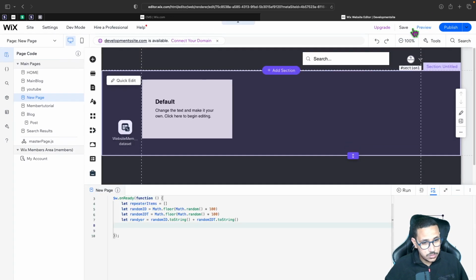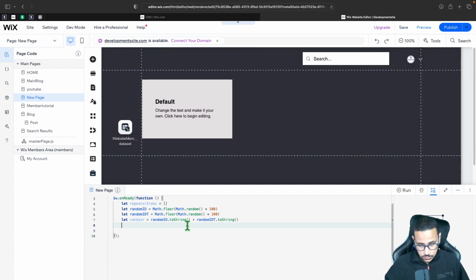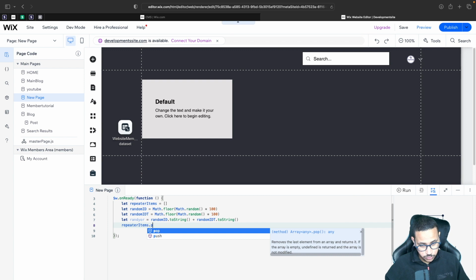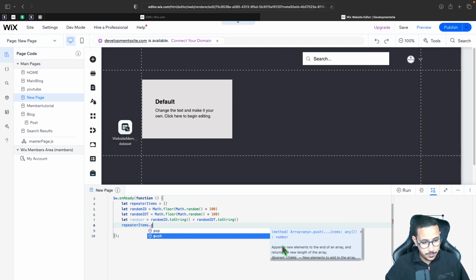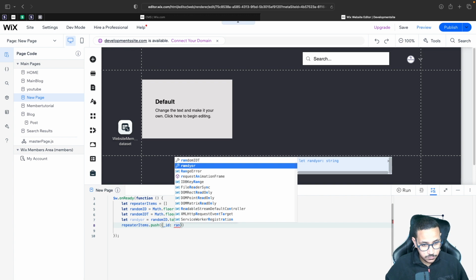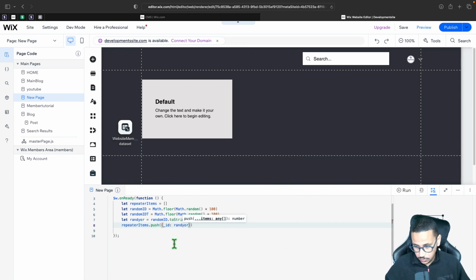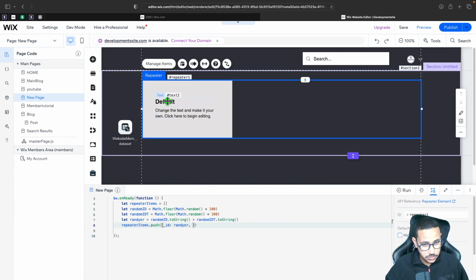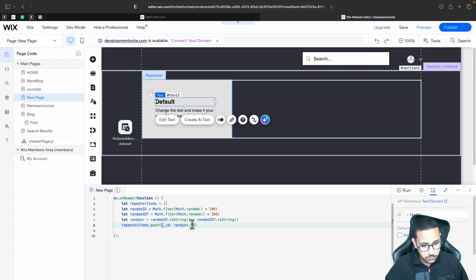What I'll do is I'll go like this. And then I will say repeater items dot push, and you can see it tells you it appends a new element, so it adds a new element to our list. So I'm going to say dot push. I'm going to open a bracket, and inside of here I'm going to put a curly bracket. Now here I'll place something called ID, and I'm going to place that random object. I'm going to add a comma, and then the best way to do this is basically to come over here, and this says hashtag text2, so I'm going to say